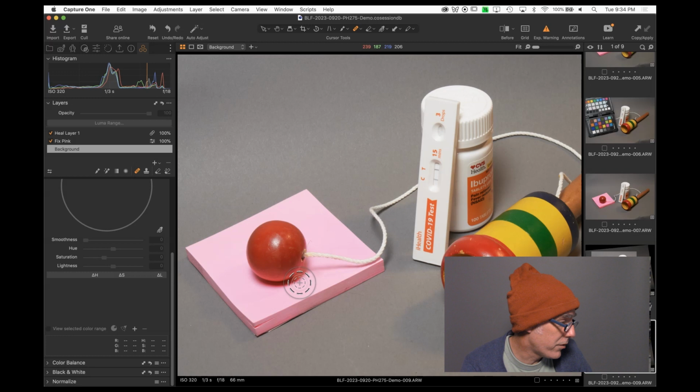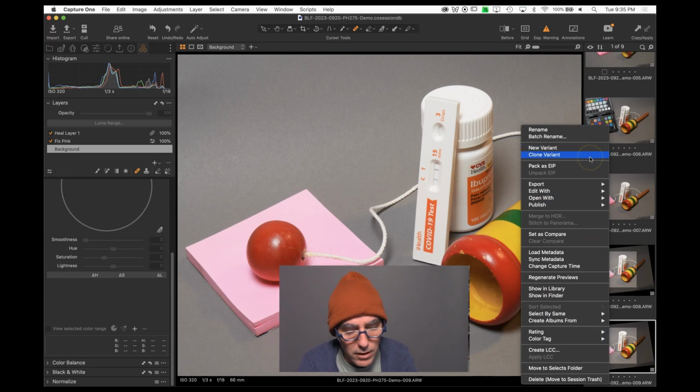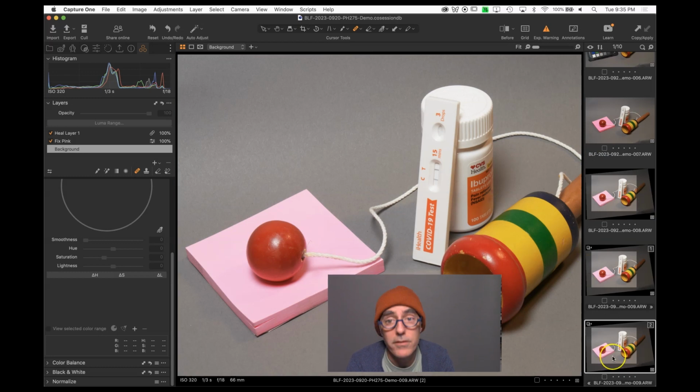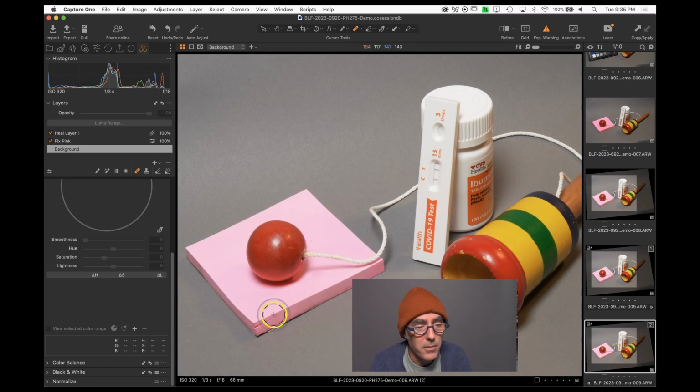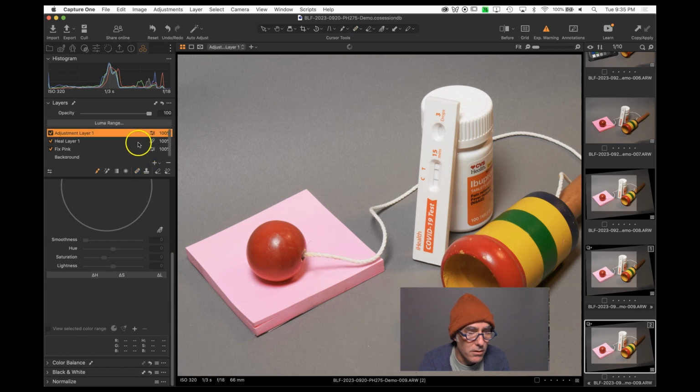So you'll use at least 2 layers to adjust the color using the advanced color editor. You'll take at least 2 pictures with this perfect, quote-unquote, shot, and then you'll make a clone variant and use a layer to make it wonky. So control or right click, clone variant, right? So it's a new copy that looks exactly the same, and then go in here, new layer,